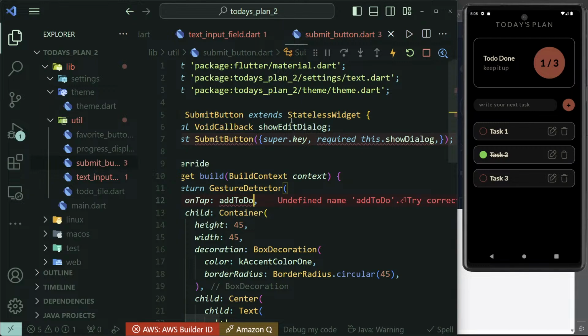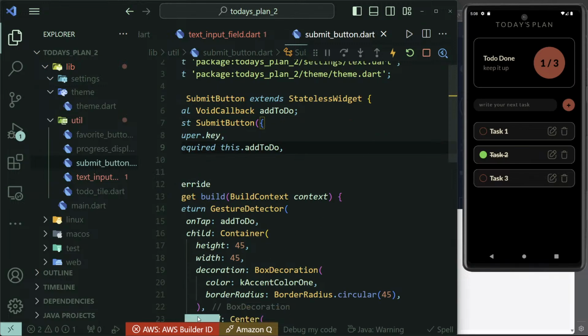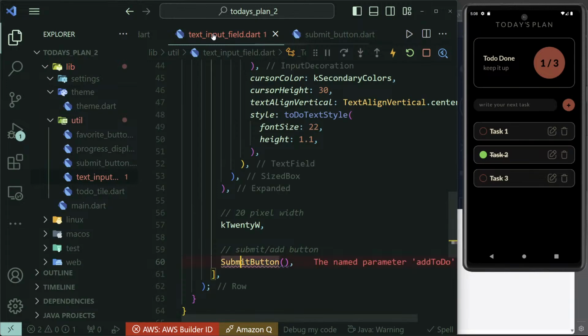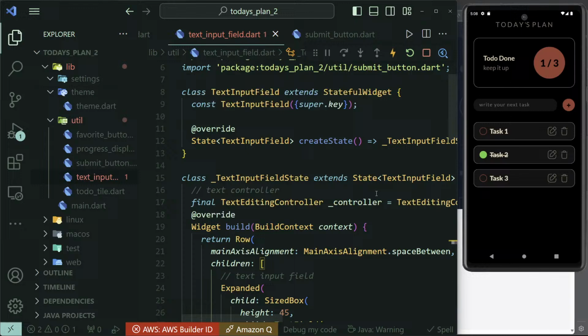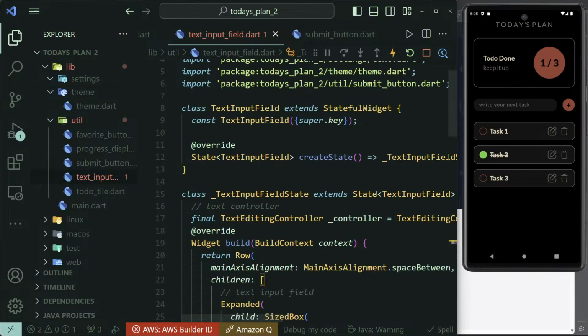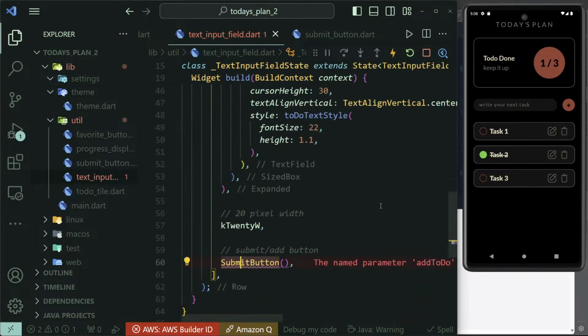I'm sorry for that, guys. So be able to add to do. Now so far so good? Add to do. So let's go here, text field. Controller, text editing controller. So here, let me first